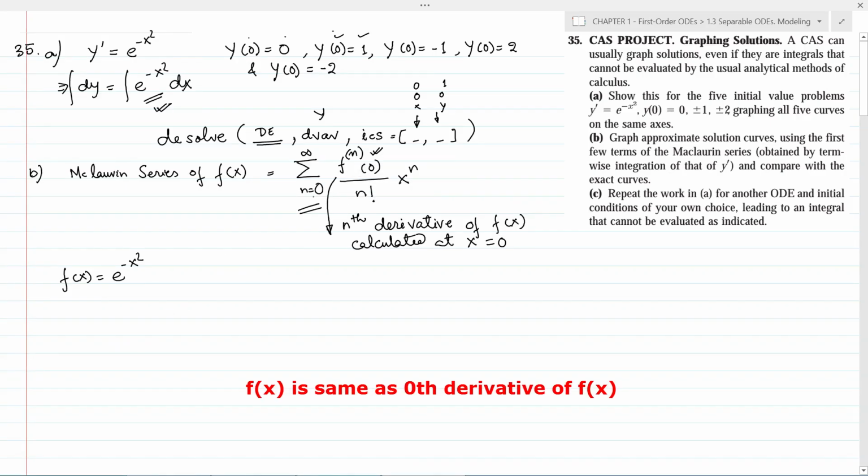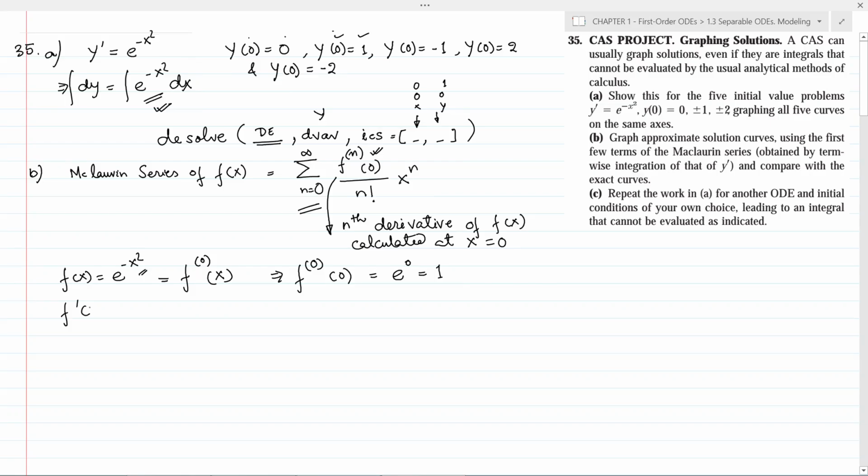For n equal to 0, which is the first term, f n 0 will be f 0 0, which is equal to f of x. So, f of x is equal to f of 0 x, which implies f of 0 calculated at 0 equal to, we can substitute x equal to 0 here to find e to the power 0, which is 1.